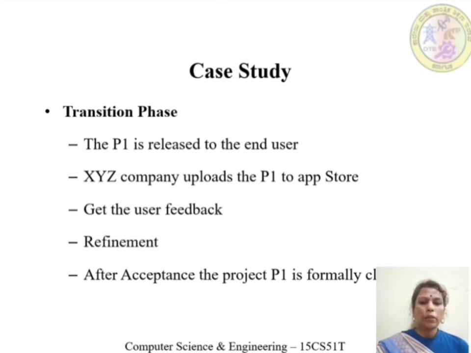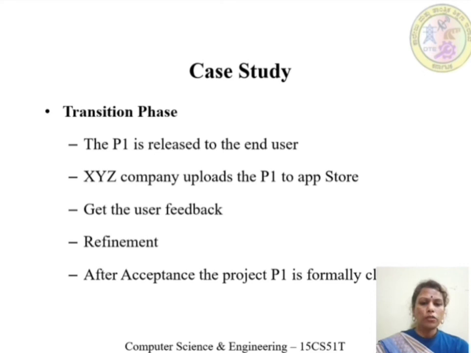After getting the feedback from the users, this product is refined in the next iteration. After acceptance, the product P1 is formally declared closed. So this is a case study on RUP.